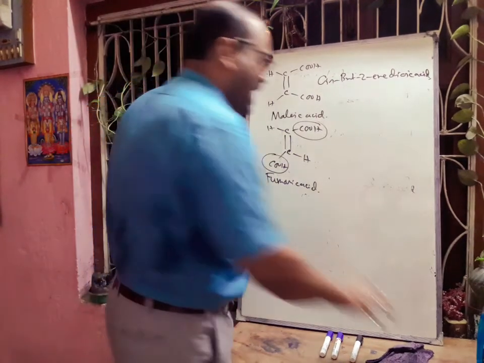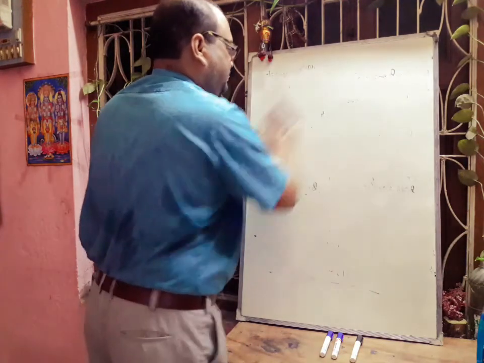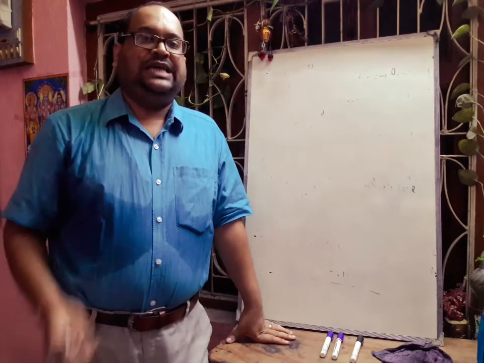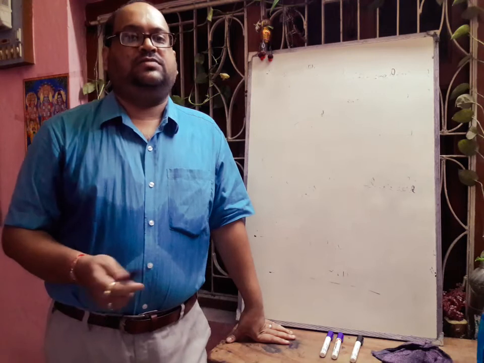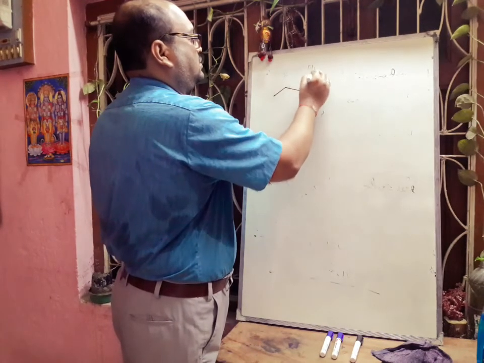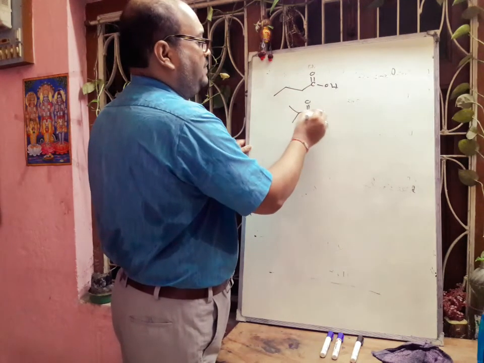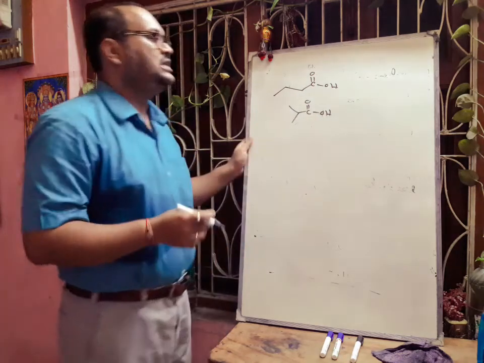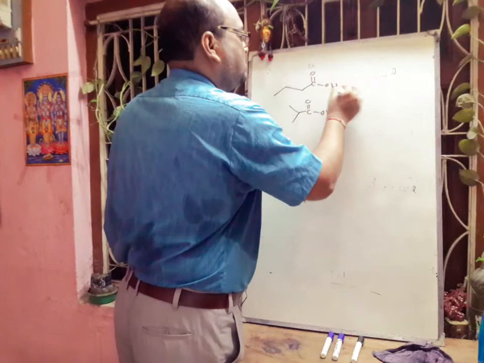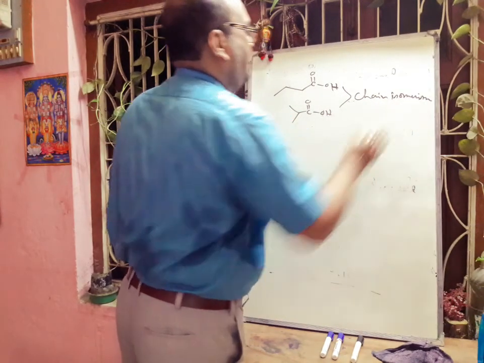Next we will discuss the isomers of carboxylic acid. Actually, carboxylic acid can form 3 types of isomers: chain isomer, functional group isomer, and optical isomer. Suppose this one is butanoic acid. If there is one branched chain, so definitely this one is the chain isomer of butanoic acid. So they can exhibit chain isomerism.